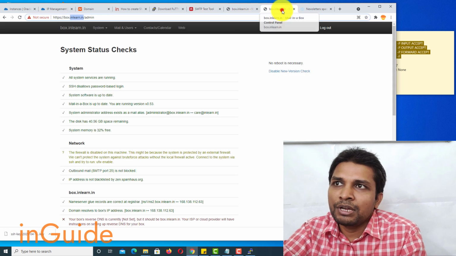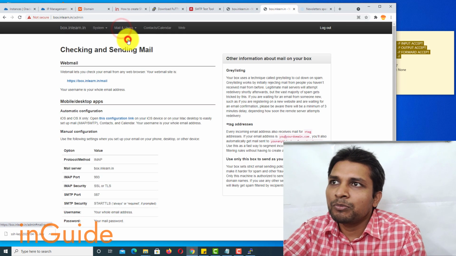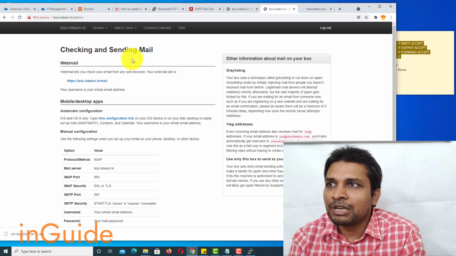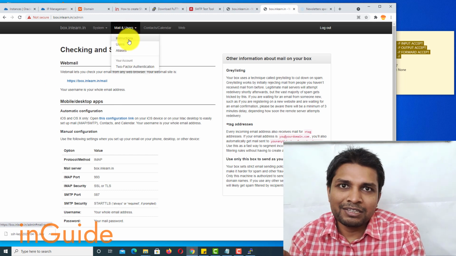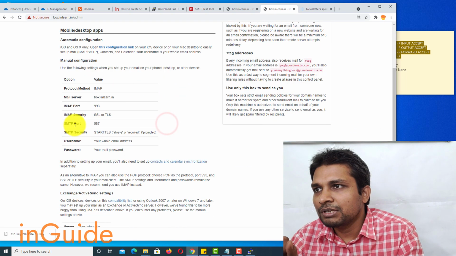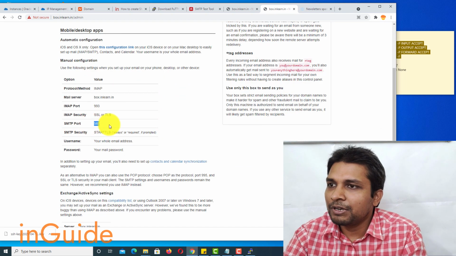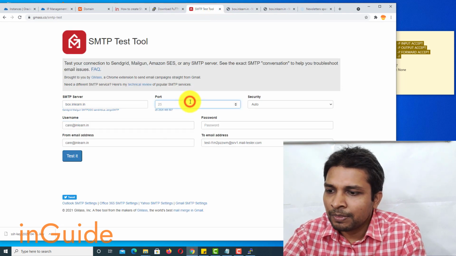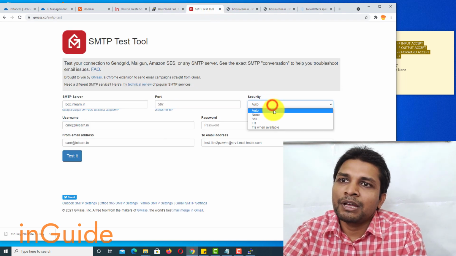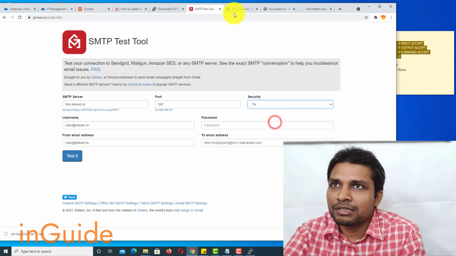To get the SMTP credentials you have to go to mails and users, and then in that you have to select instructions. Now in here you can see the SMTP port is 587, so let's go back here and type 587 and the security is TLS.